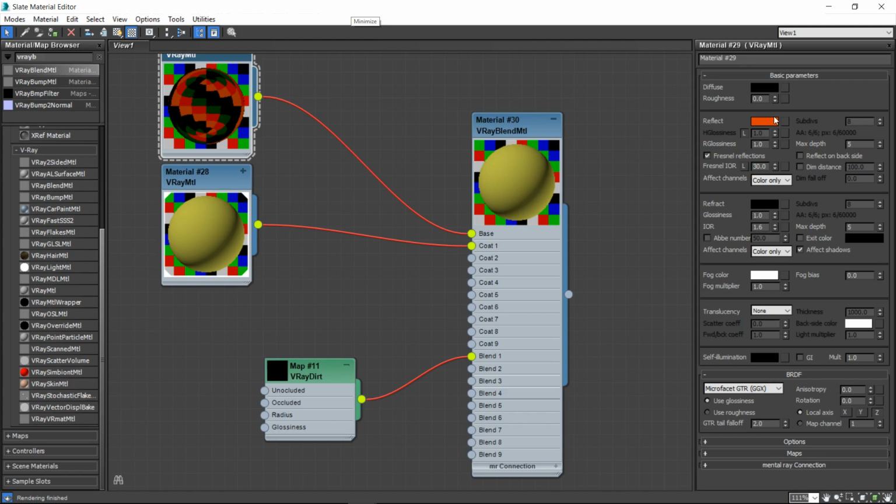Orange will show up on the edges. So right now, it's not coming through at all. So if it's not showing up, which right now it's not,